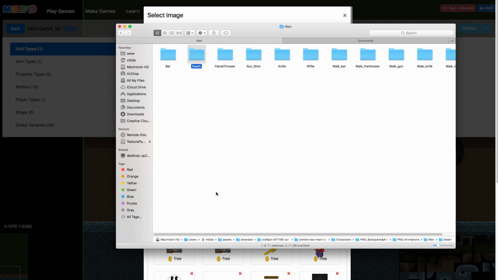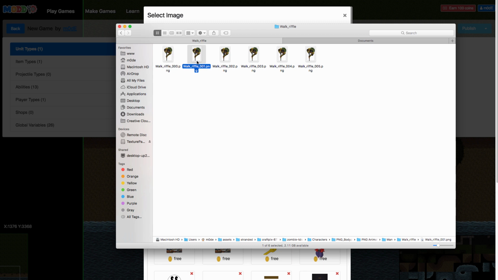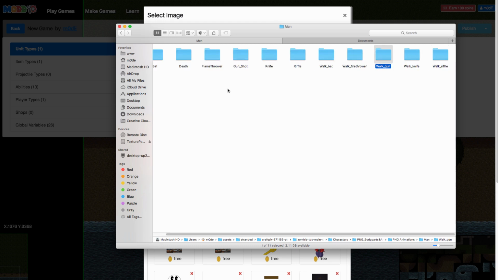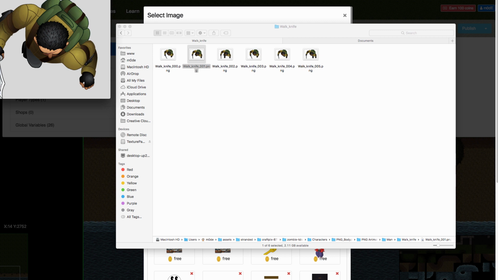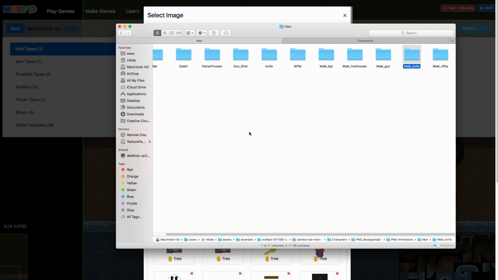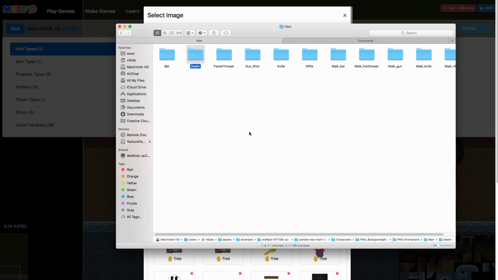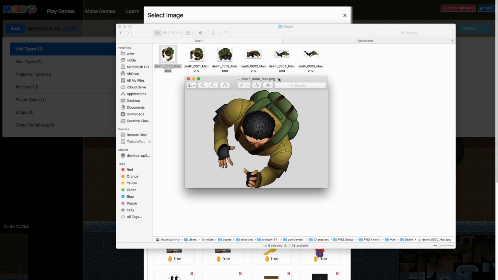I certainly don't need to use the man with the bat. And at the same time, I don't need this guy to be holding the weapon all the time. I just want a guy with no weapon, period. That would actually make things a lot easier for me to work with. But unfortunately, it seems like every sprite has some sort of weapon being held in their hand, which is less desirable in my case. What's this? Okay, cool. So he's got the arms out. Hmm, yeah, I wonder if I can use this as a